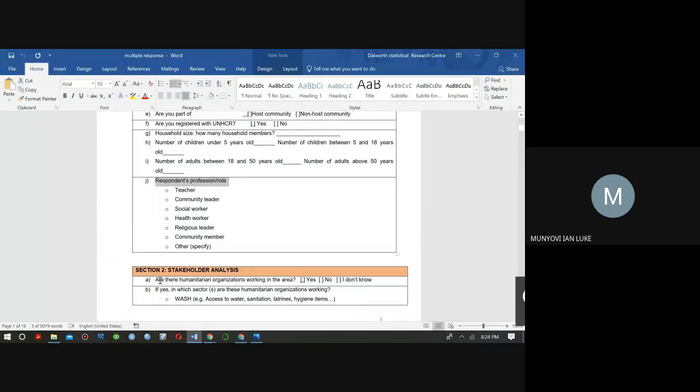The first question says what? Are there any humanitarian organizations working in your area? Somebody has the option of saying yes. Another person has the option of saying no. Another person has an option of saying, I don't know.